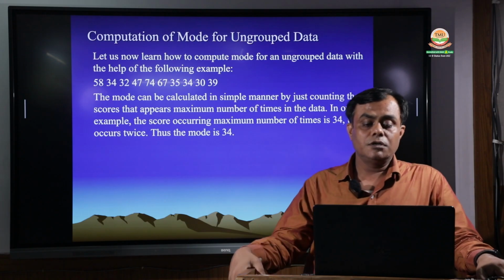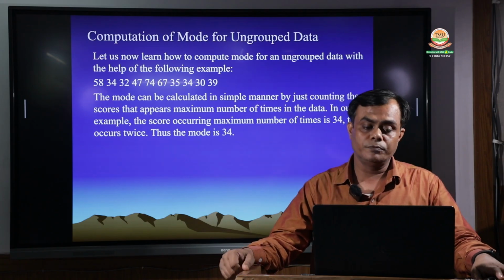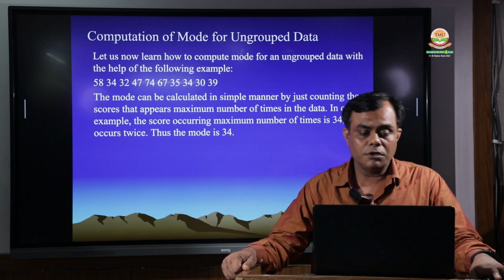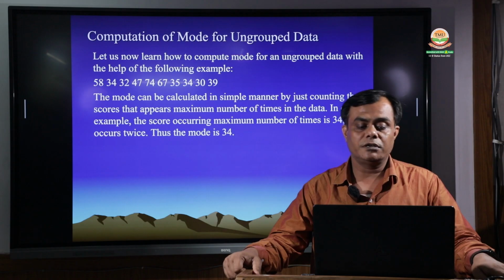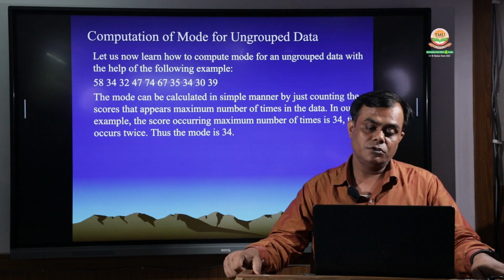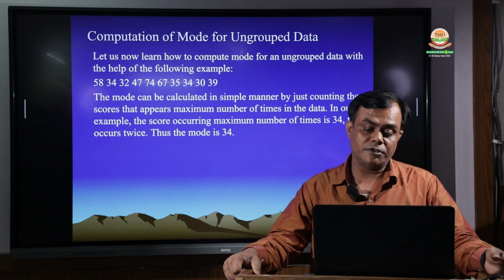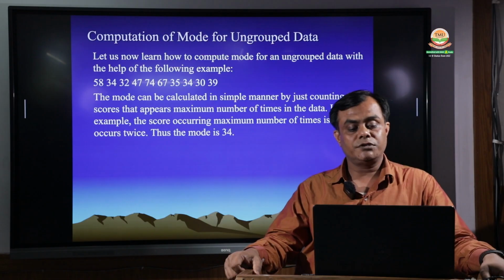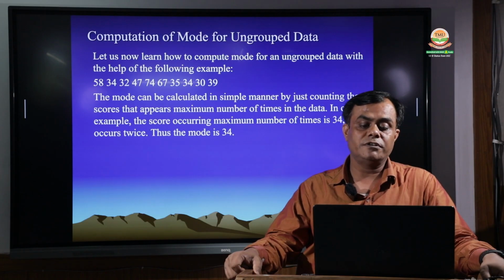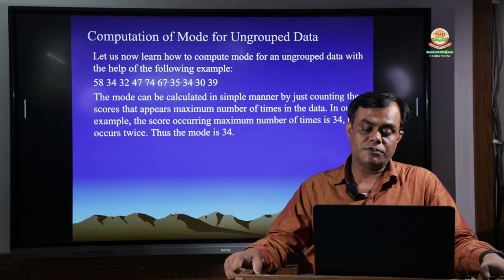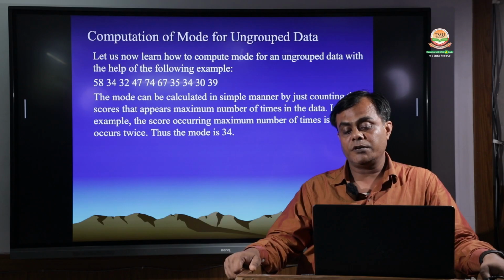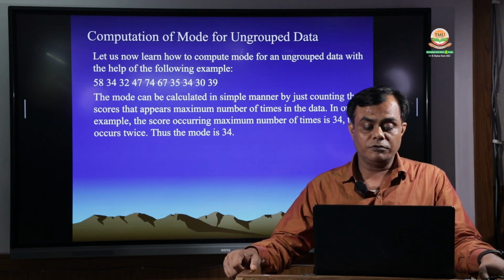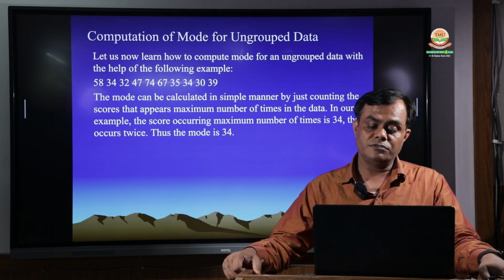Next is the computation of mode for ungrouped data. Let us learn how to compute mode for ungrouped data with the help of the following example. Here the score values are given: 58, 34, 32, 47, 74, 67, 35, 34, 30, 39. The mode can be calculated simply by counting the score that appears the maximum number of times